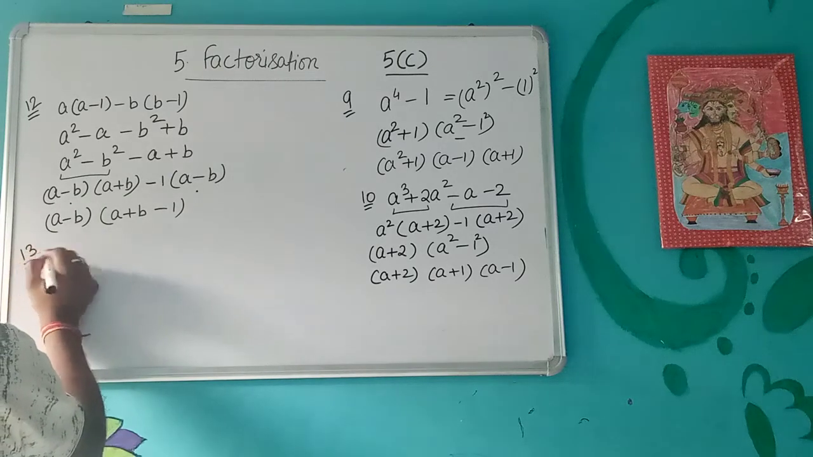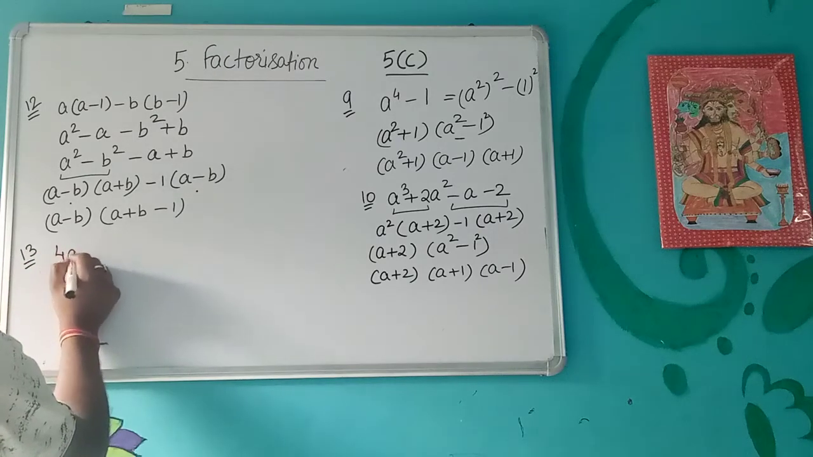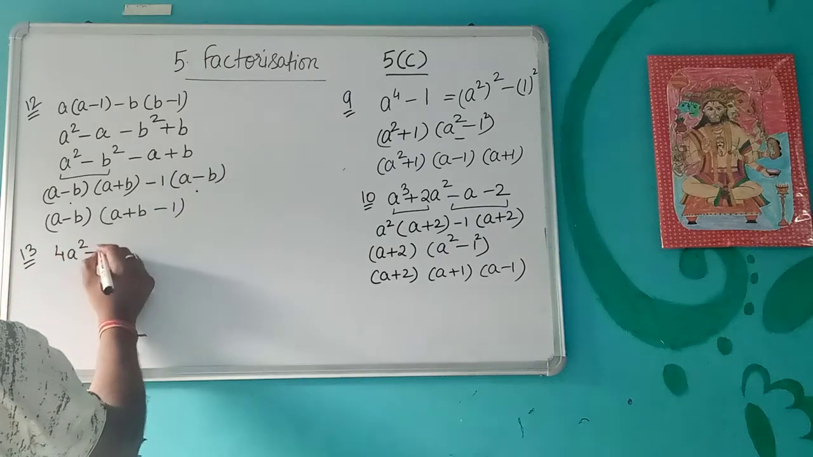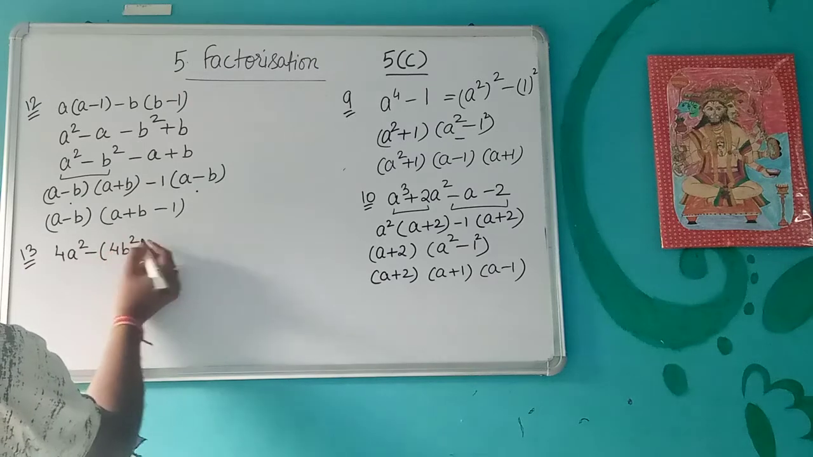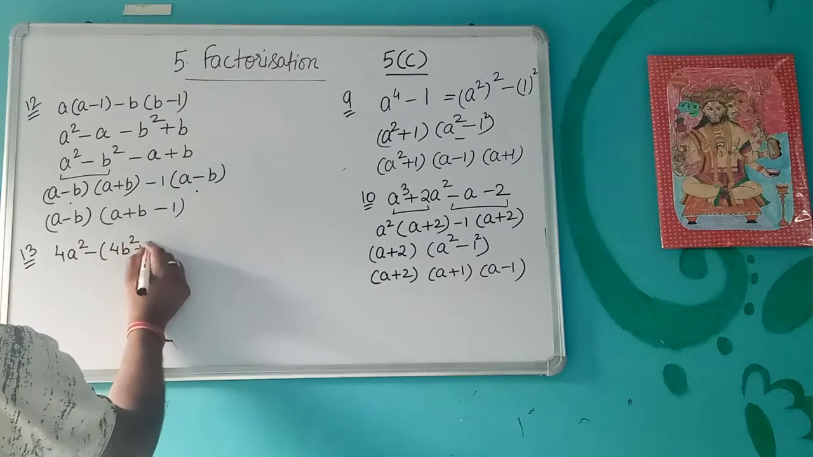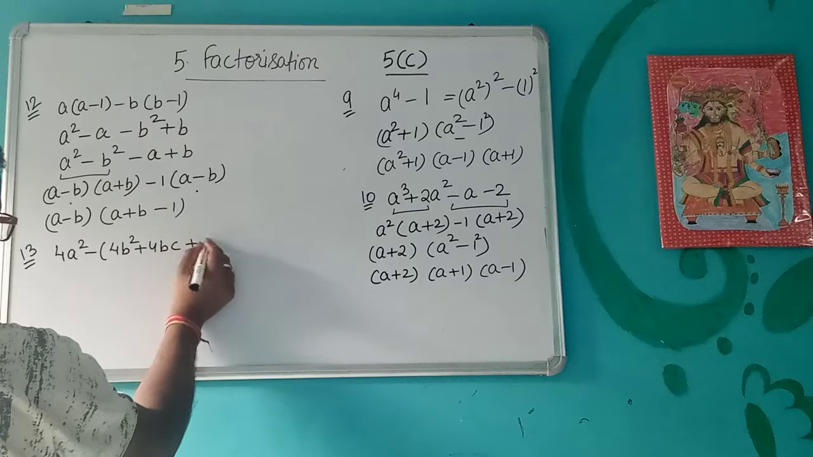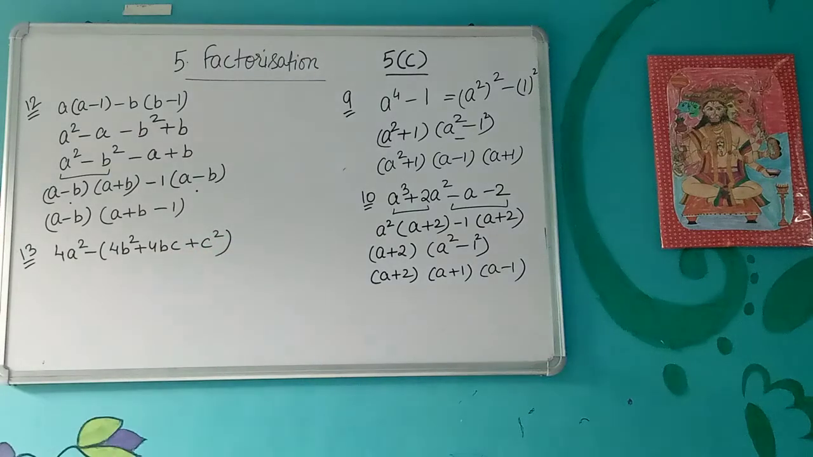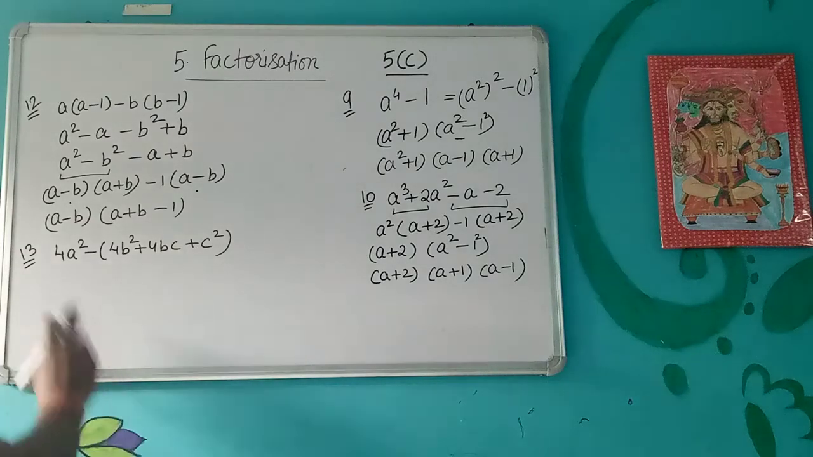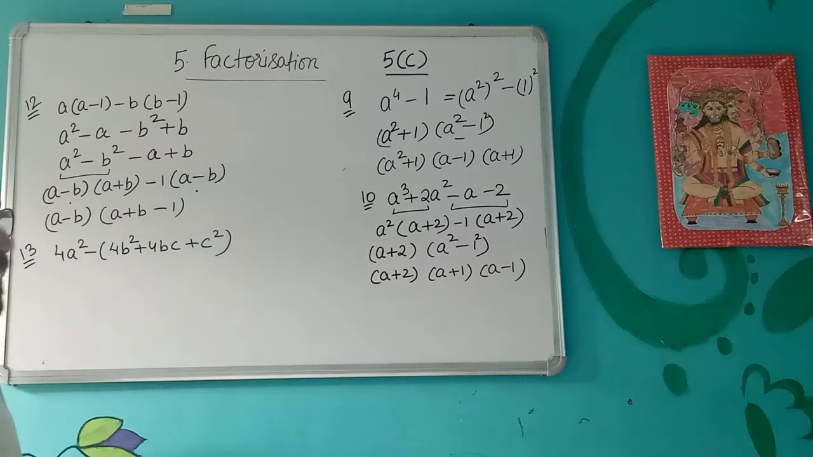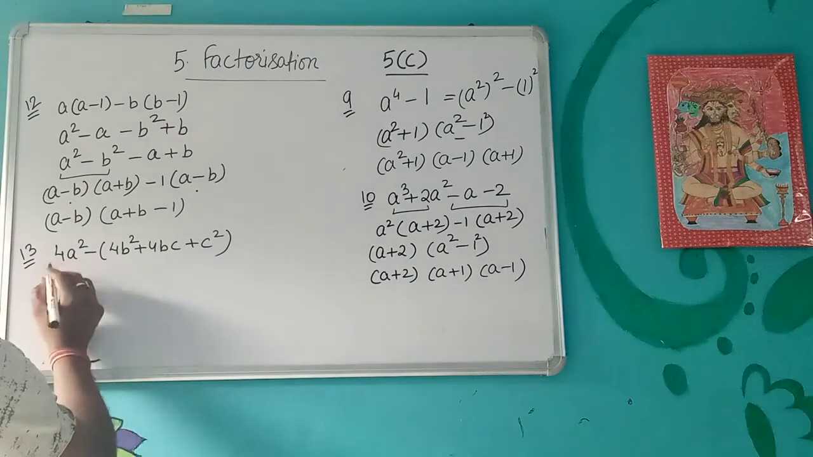Then see another different kind of question: 4a square minus 4b square plus 4bc plus c square. Okay. So in these types of questions, what we are going to do, see, this we can write as a whole square. But if you see it very carefully,